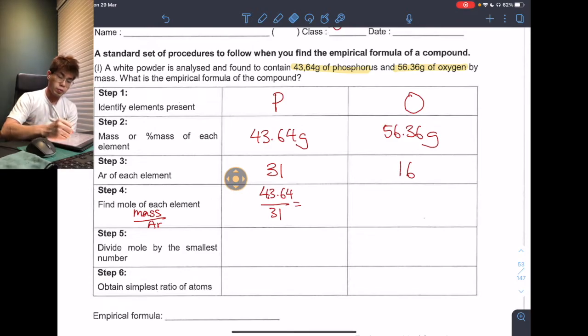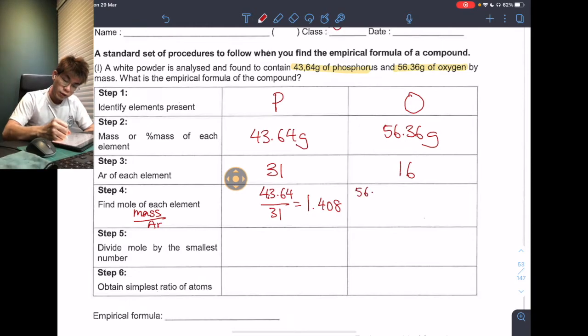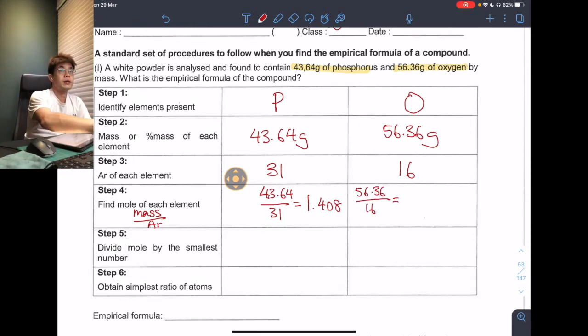So this is 1.408. And the other one is 56.36 divided by 16,